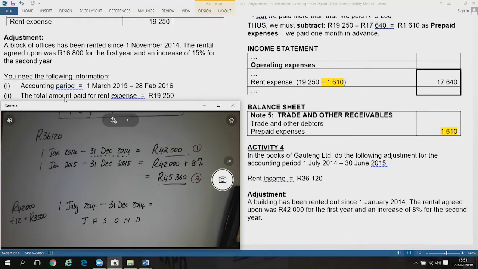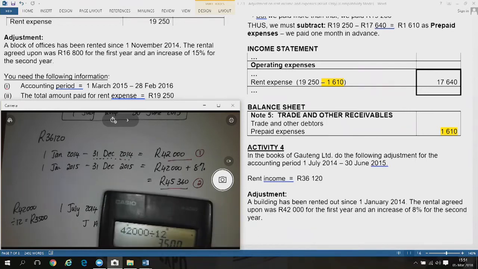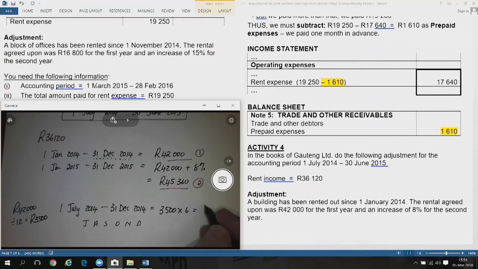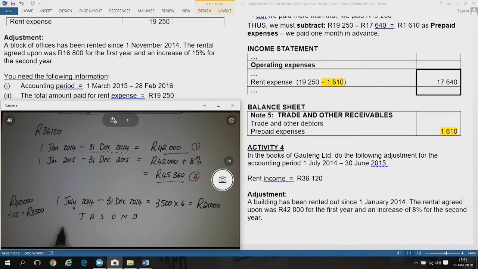That is 6 months. 3,500 times 6 gives you 21,000 rand. Then, from the 1st of January 2015